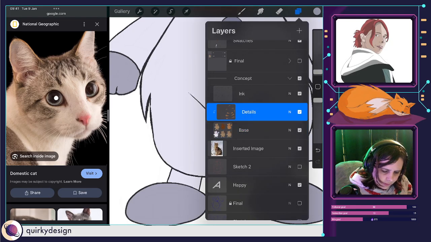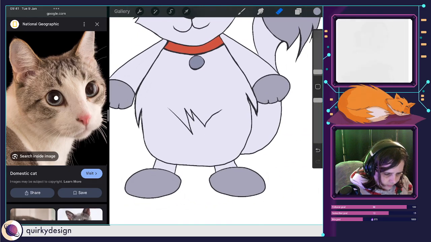Went on the detail layer, not that layer. Right, let's try that circle again.